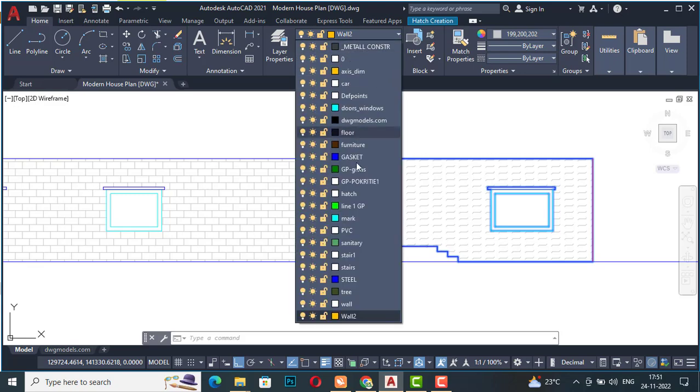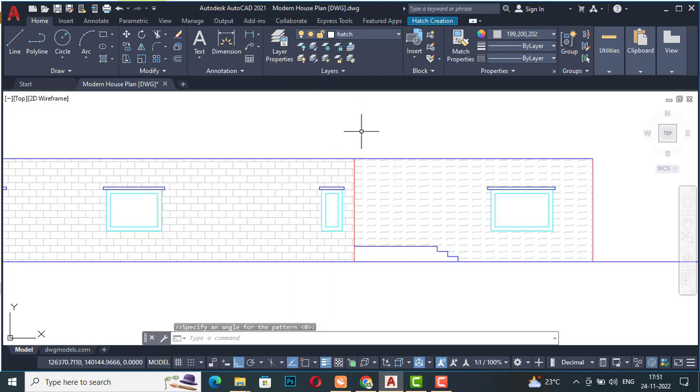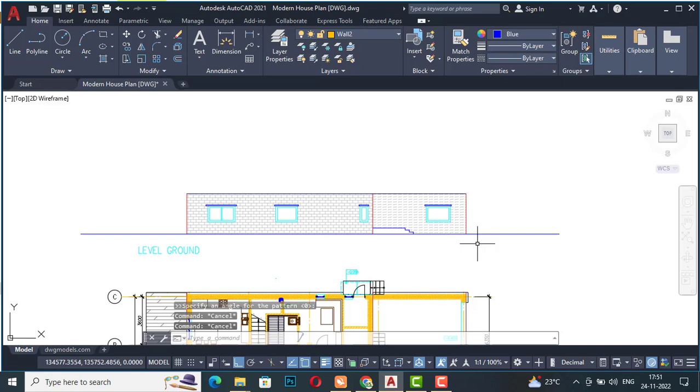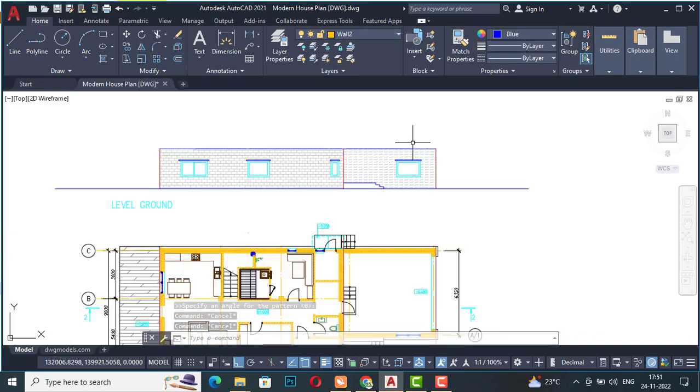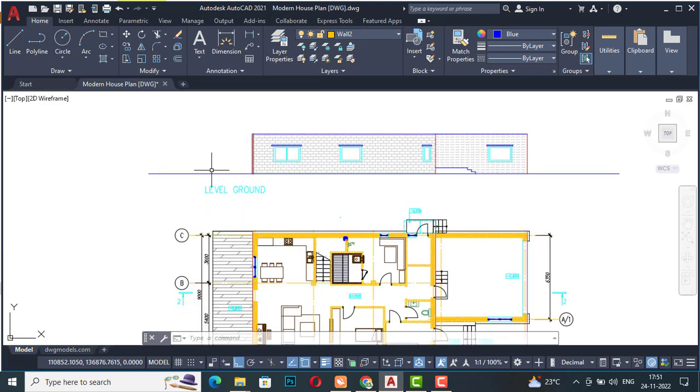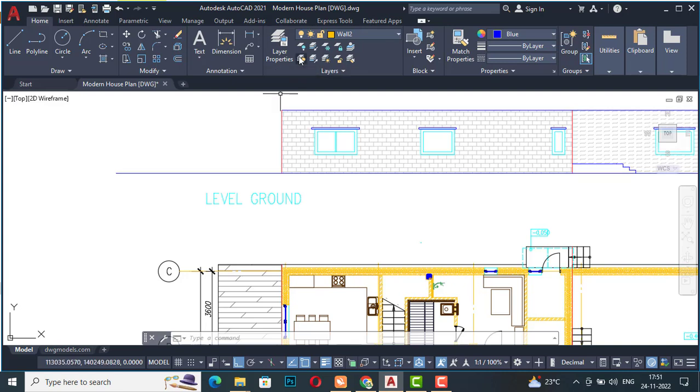So we can use hatch for timing. So this is our front wall elevation, and this is for ground level, and you can also make any new